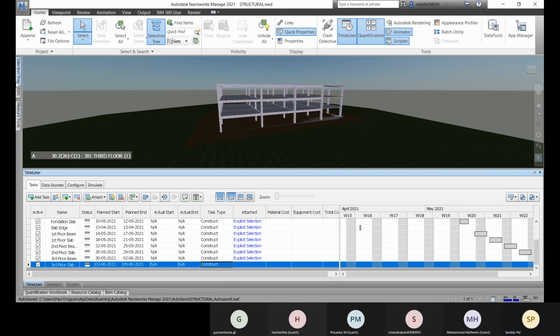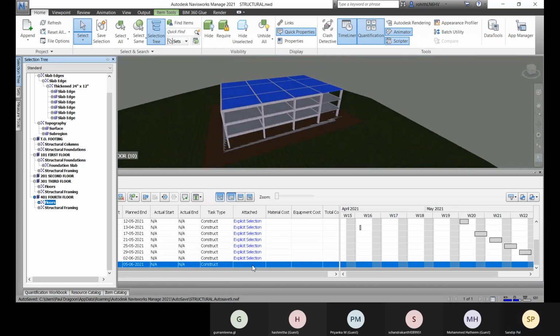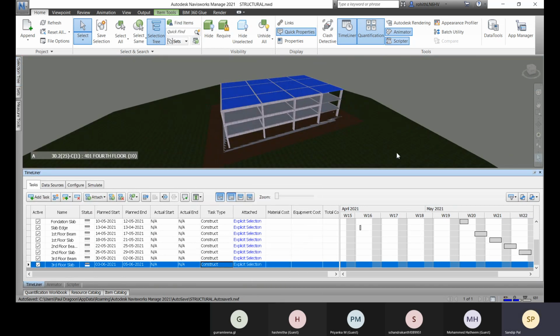And about the selection, come to this floors, right click, attach current selection.